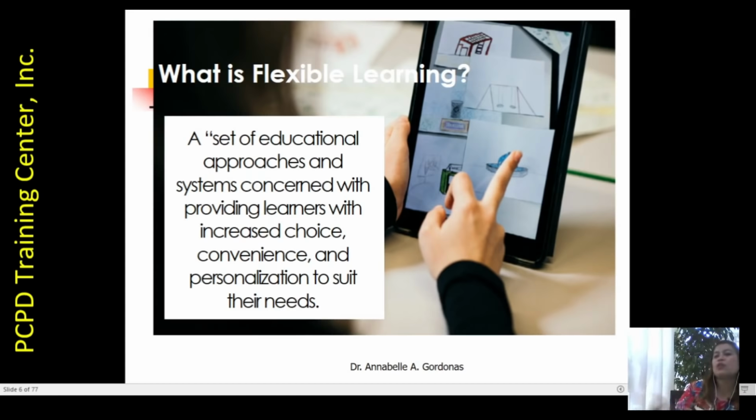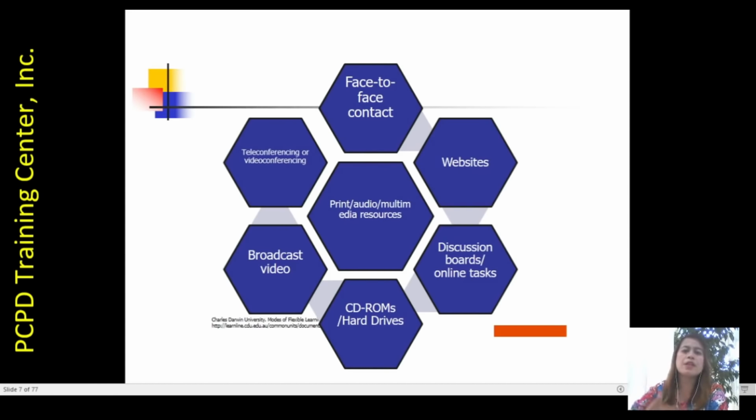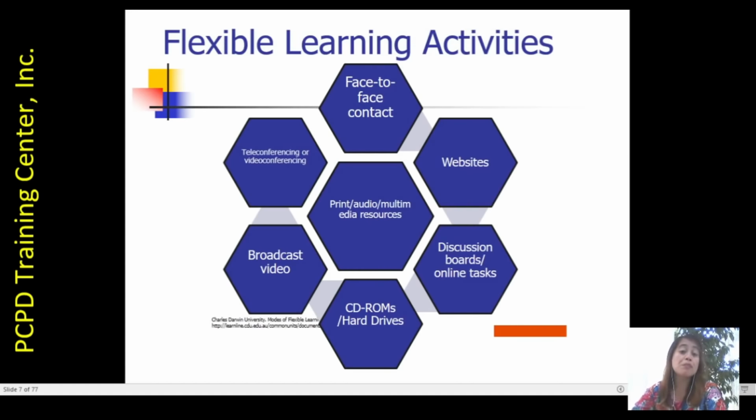So when I say flexible learning, it's where the students would be able to access the content resources that we are uploading via the learner management system, the assessment, the technologies, the ease of use, the time, the schedule, and any other important information so that our students will have the access while we are still in the time of crisis. Okay? Now, these are examples of flexible learning activities that you can do for now, because it's included in the principle when you say flexible learning activities. Face-to-face could be, but